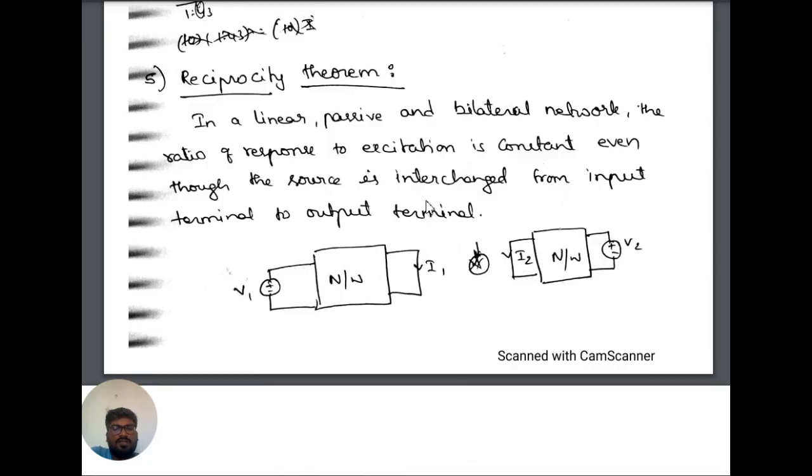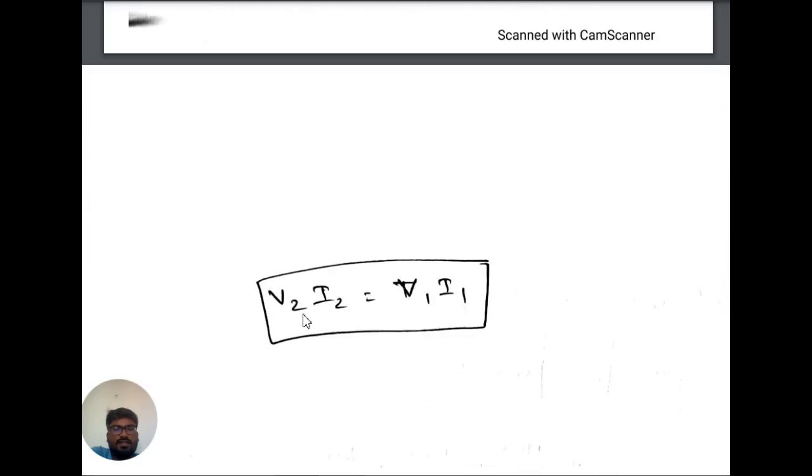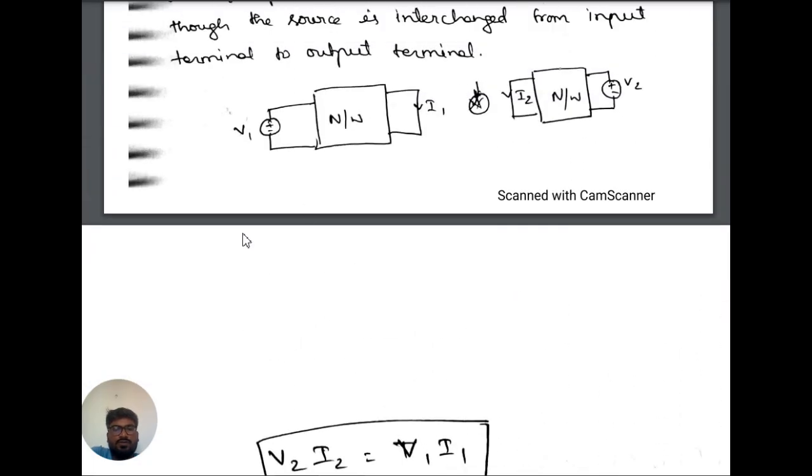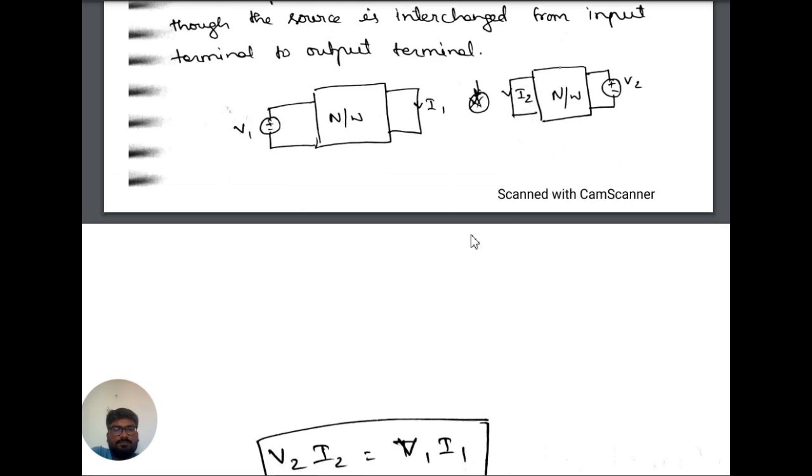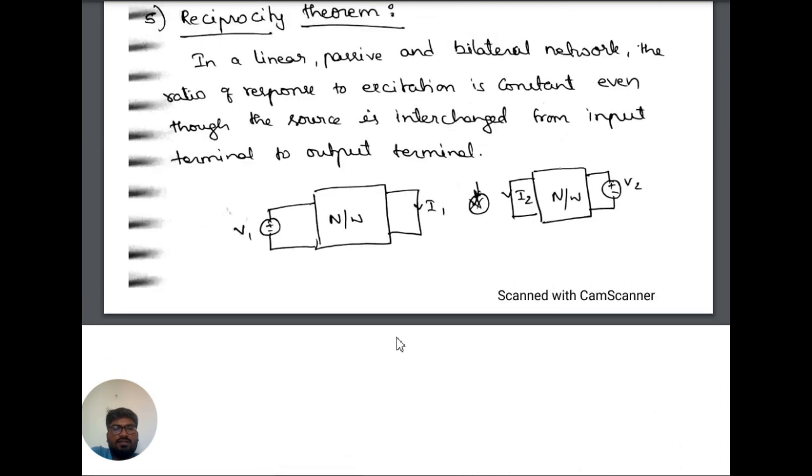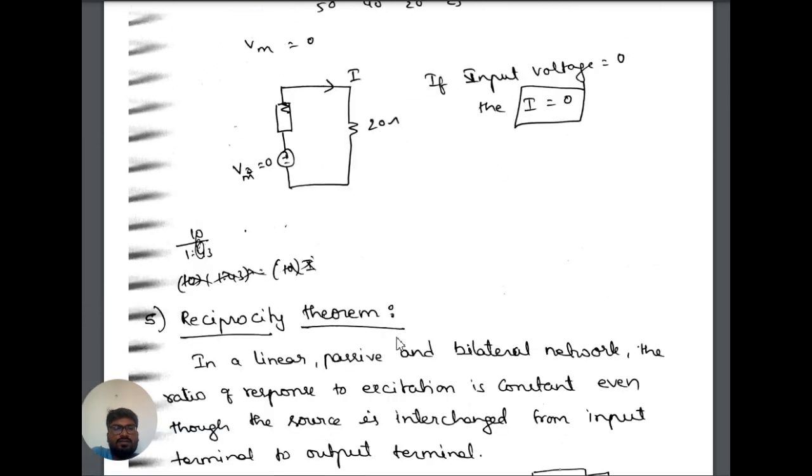Reciprocity theorem. This theorem states that if there is a linear circuit, and a voltage is applied here and a current is drawn here, if we interchange them, the same current will flow in the other branch. The equation we get is V2I2 equals V1I1. These theorems are useful in solving the